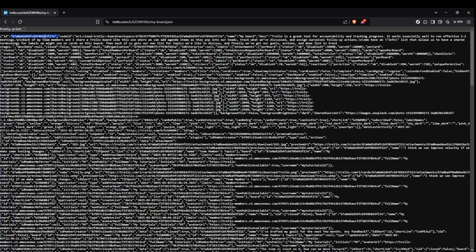With these steps completed, you can now use your Trello board ID for whatever purpose you needed it for, be it for API integrations or